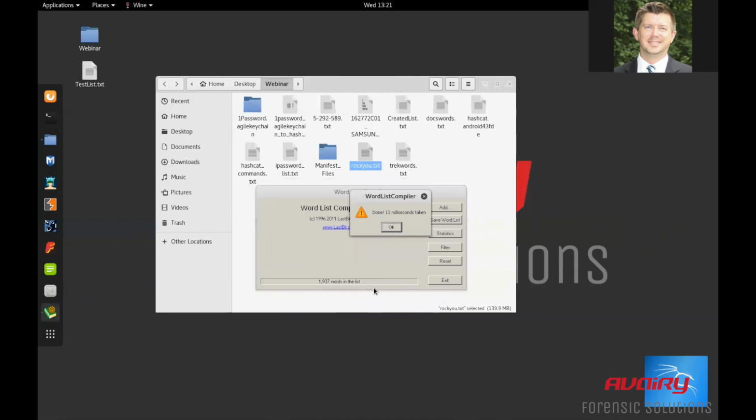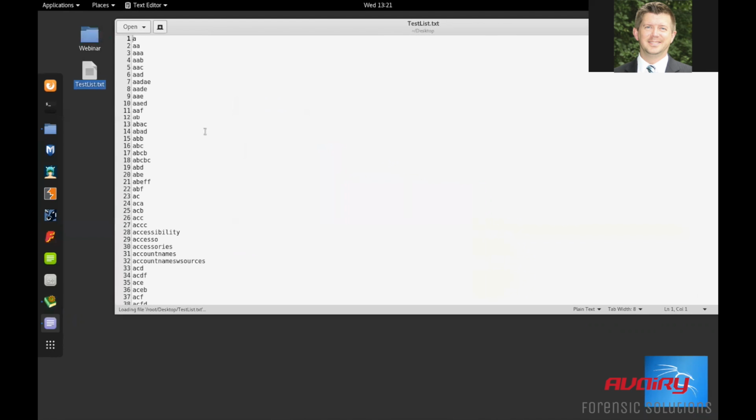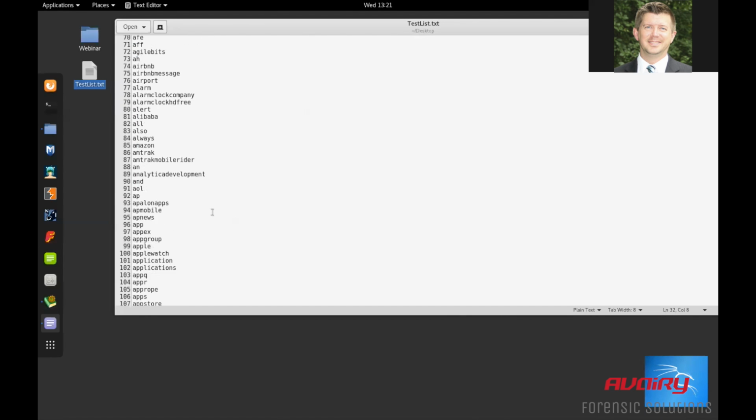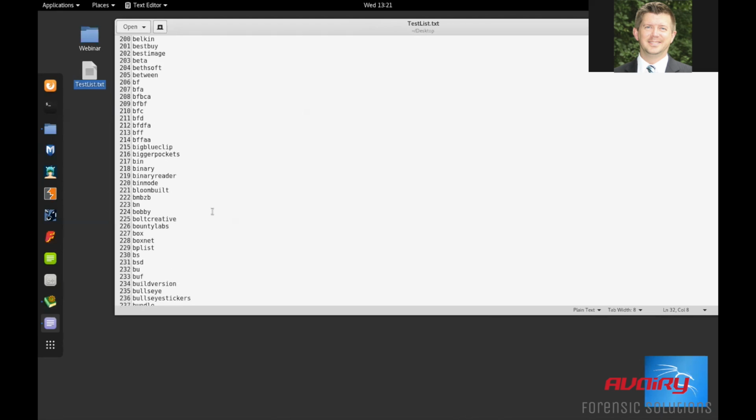We can append to it if we need, and it likes to give stats of everything. Here I'm going to open this up with a text editor, and you can see it looked into that and started pulling out everything it thought was a word or could possibly be used as a password. So it helps build your list based off